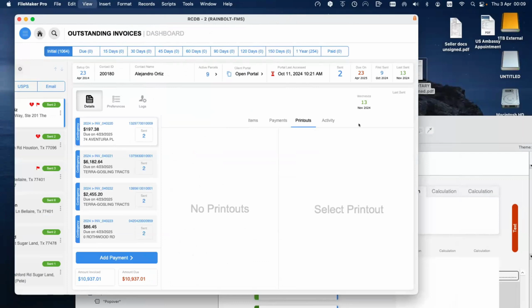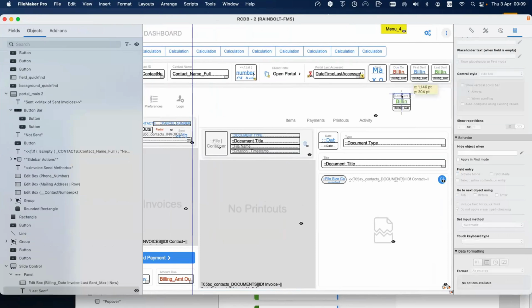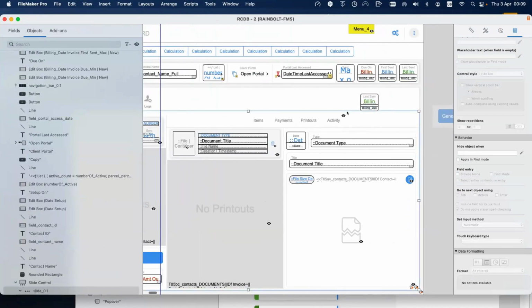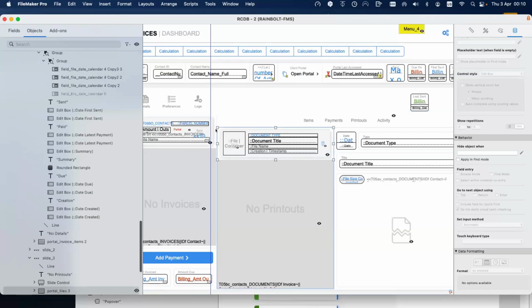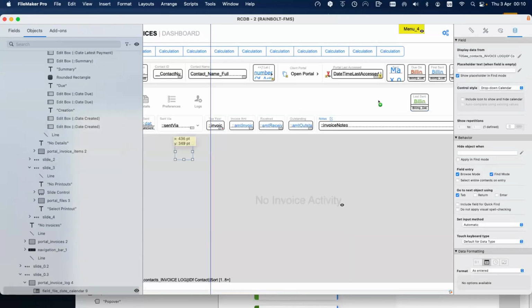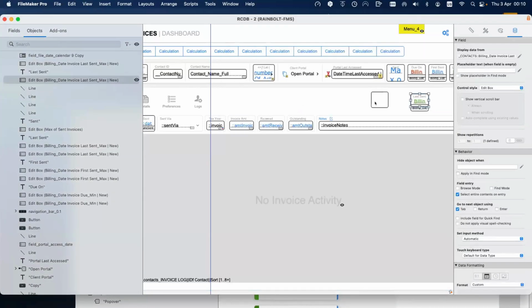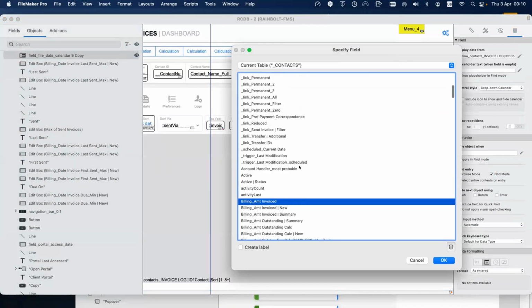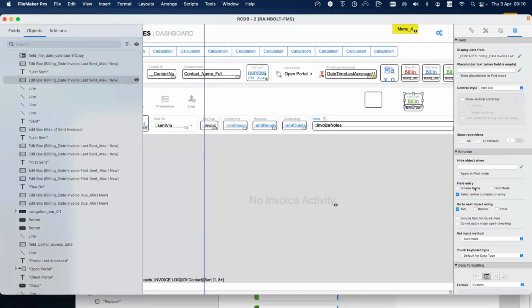So you can do that, so you can improve your widget if you want. I prefer to use this as my label. Then it comes to the editing, because sometimes you want to edit that date. So this is the objects. The object here is billing date invoice last sent max. Of course, this is not browsable. Those two, you don't type anything here. But here,